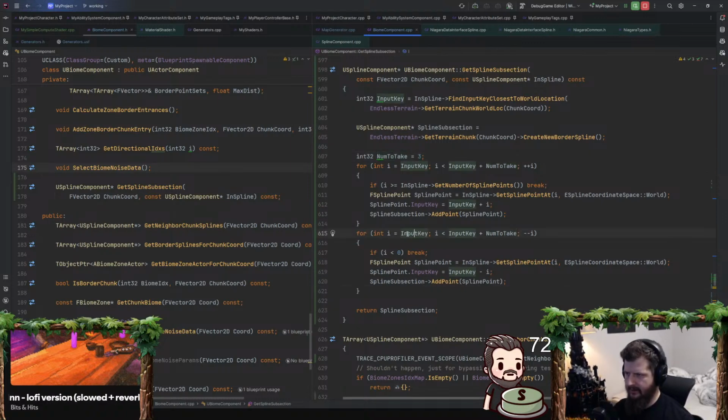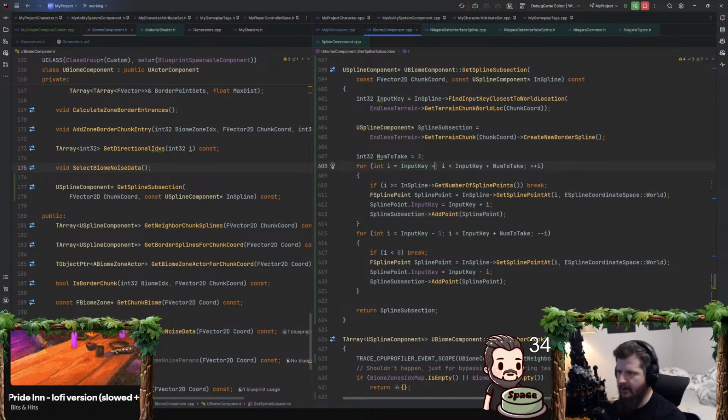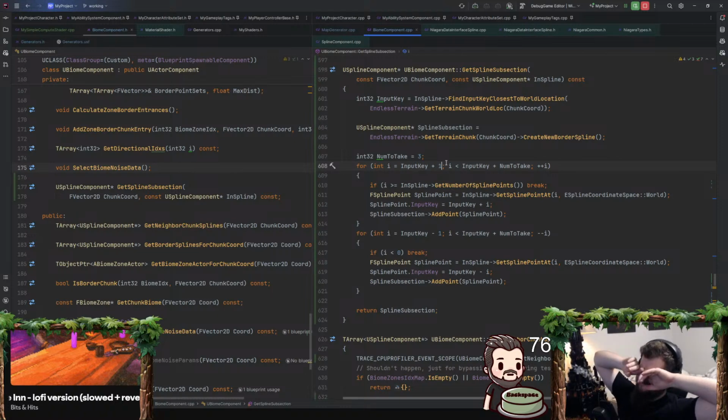Oh, and I need to offset this, because otherwise I'm going to add the same point twice if I start on the same. Maybe I should just offset. No, this is fine. Well, no, because now it's actually going to be off. Will it be off? It's going to be lopsided if I don't do that. And then, okay, so